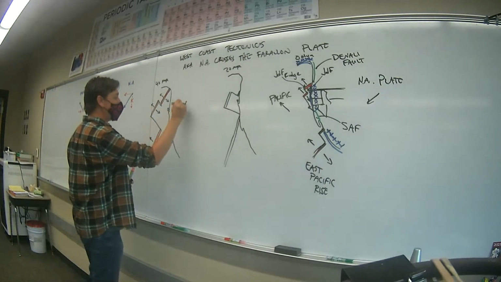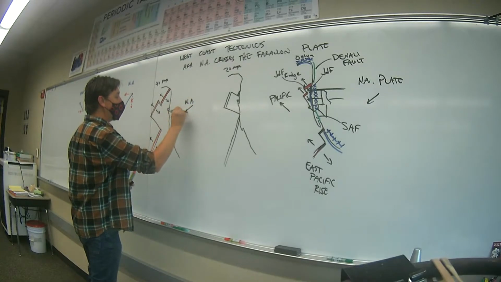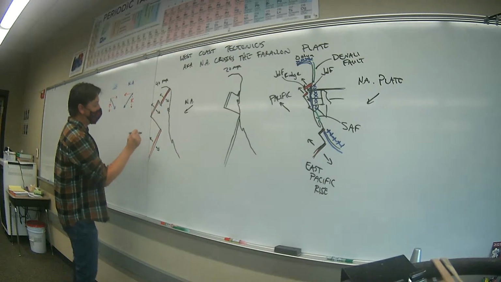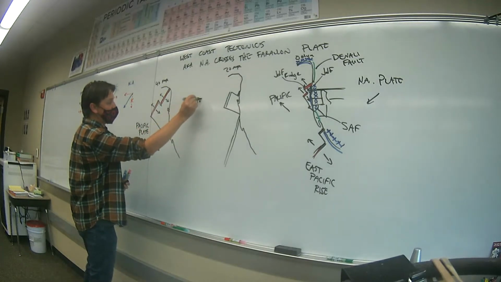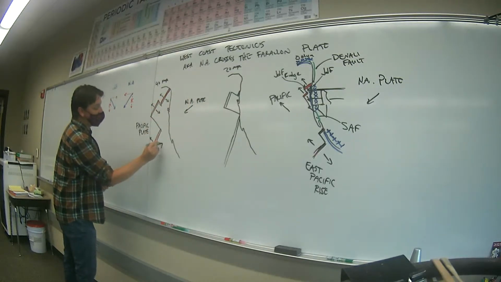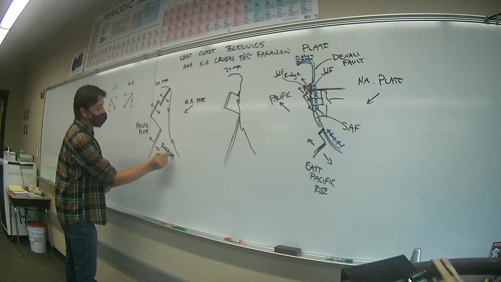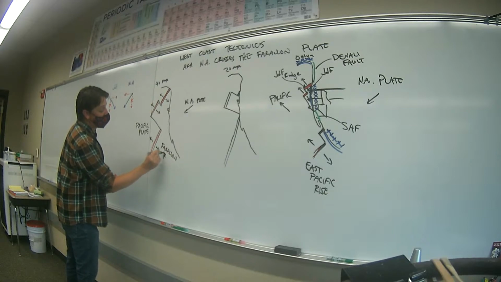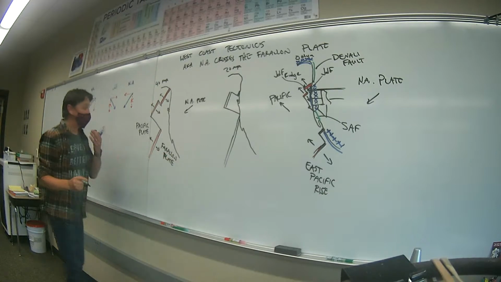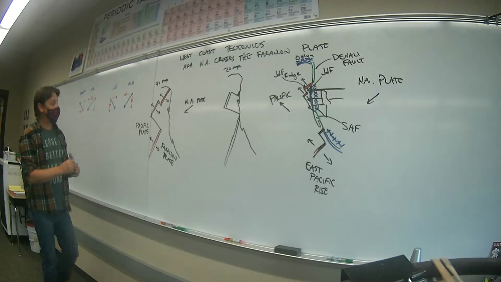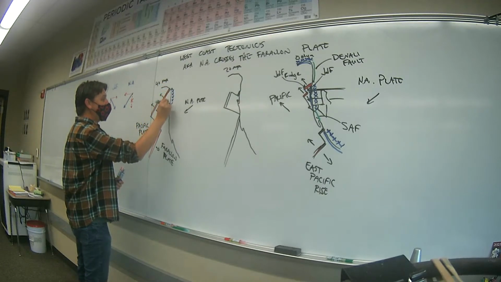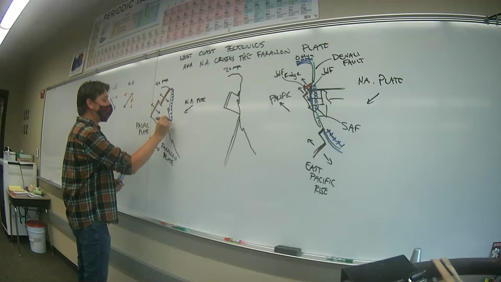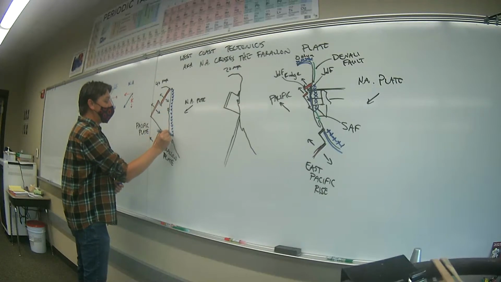North America, still moving to the southwest. Pacific plate's out here. And the Farallon plate is right here. And we have a big, long, continuous chain of blue X's, of blue Cascade-style volcanoes, all the way down